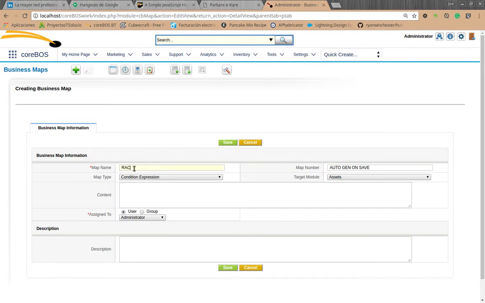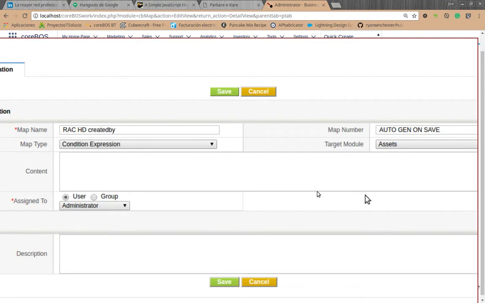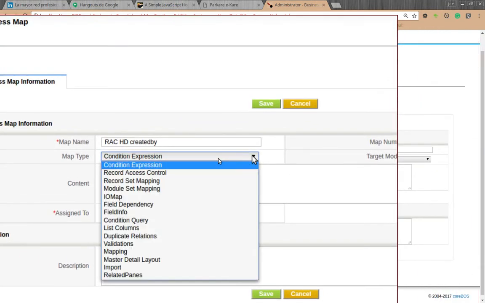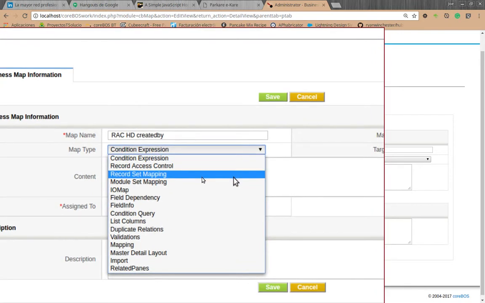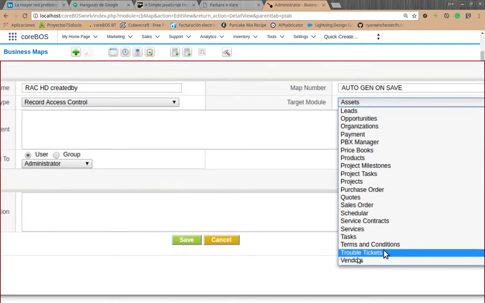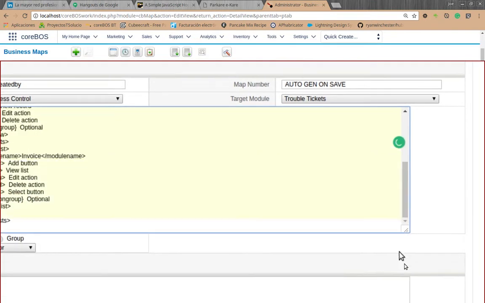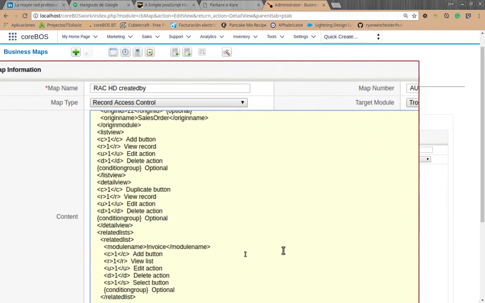Okay, so I'm going to create a record access control rule for help desk based on created by. Let me make this a little bigger so that it's easier to see. Okay, there we go. Took a little bit. It's just a name, so I can know what it's for. It's record access control type for the help desk trouble tickets module. And here in the content, I'm going to copy the mapping that I just brought